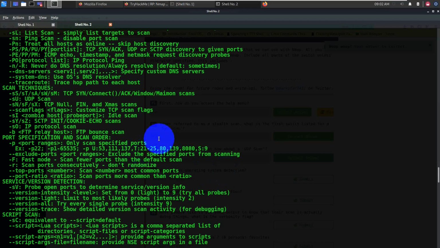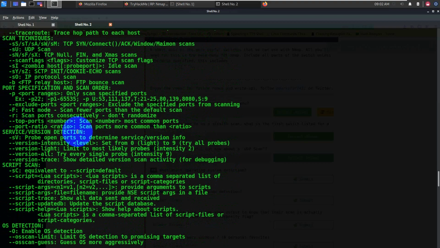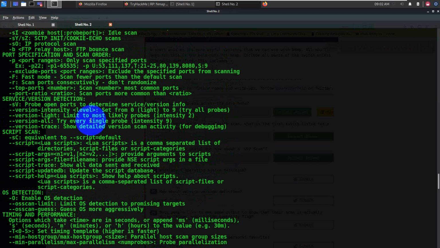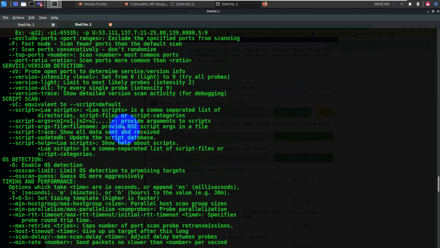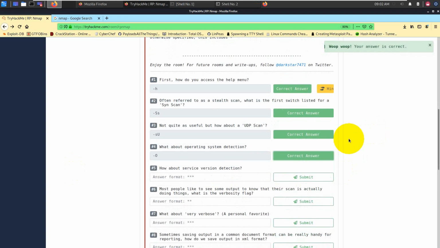So Nmap also has the potential to perform an OS scan, to identify which OS is running. Again, you can go through the help menu that has text provided. You can see here, enable OS detection, you can use -O, capital O, remember. So if you type -O, then you can use this option to identify the OS that is running on the target machine.